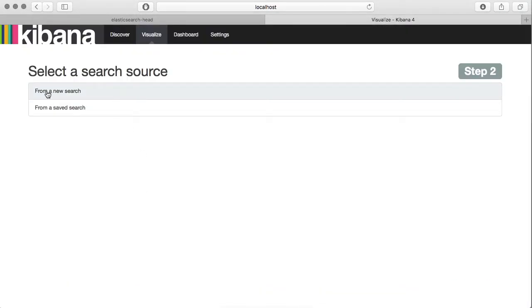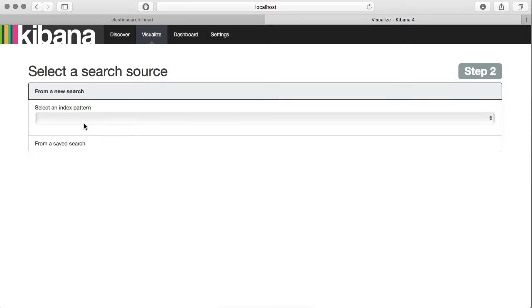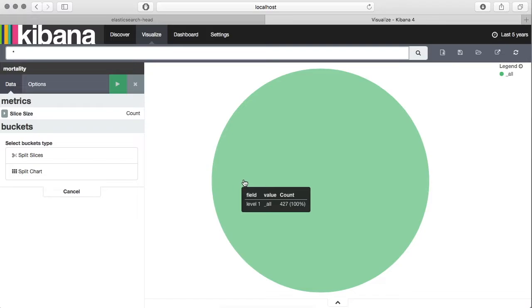Okay, and we want a new search and our index will be mortality. Okay, so as of now it is showing all the records, but we want to split them based on the organizations. Okay, so slice size will be count, that's fine. Next is we need to split it. Okay, so we'll take the split slices,